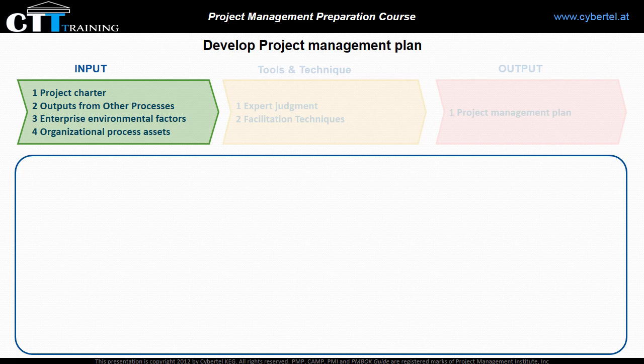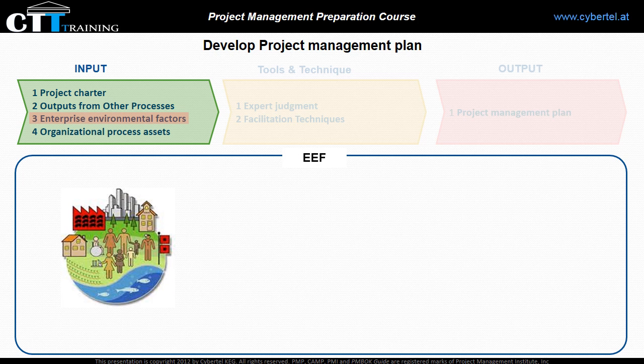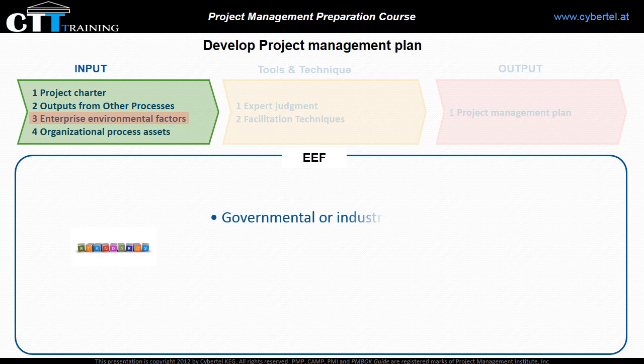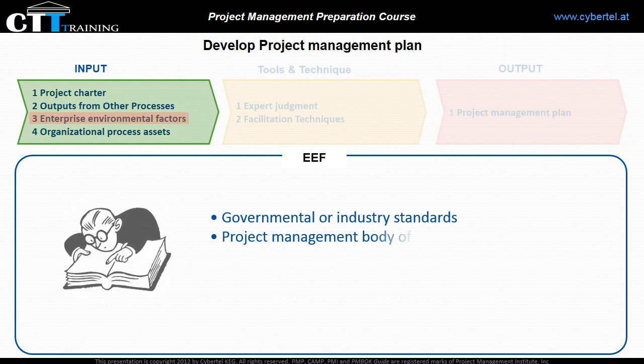The third input is the enterprise environmental factors. The enterprise environmental factors that can influence the develop project management plan process include the following information: governmental or industry standards, project management body of knowledge for vertical market, for example construction, or focus area such as environmental, safety, risk, or agile software development,